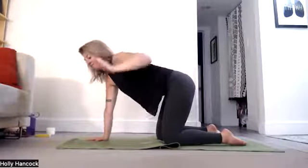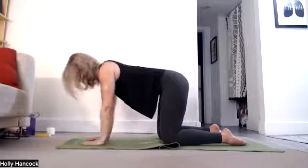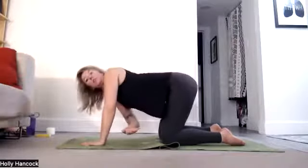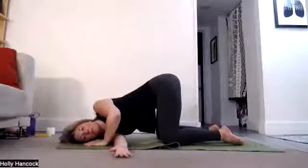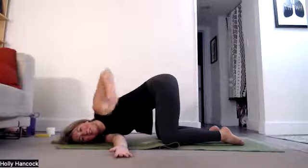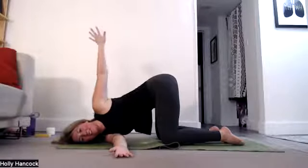Exhale, left hand down. This time we're going to thread the needle. Inhale, right arm up. Exhale, thread the needle, take your right arm under left arm, right ear to floor. Try to keep your hips over your knees. Option to keep your left hand on the floor or reach your left hand up towards the ceiling and start